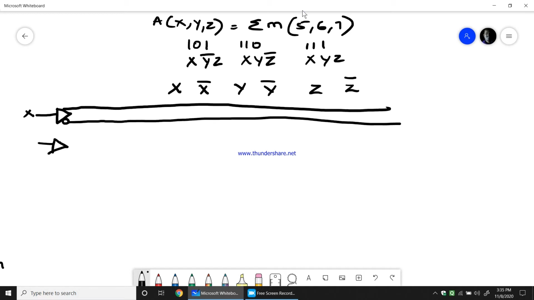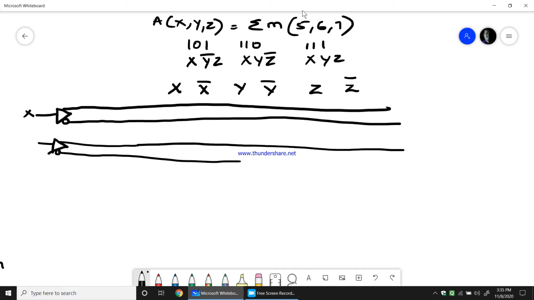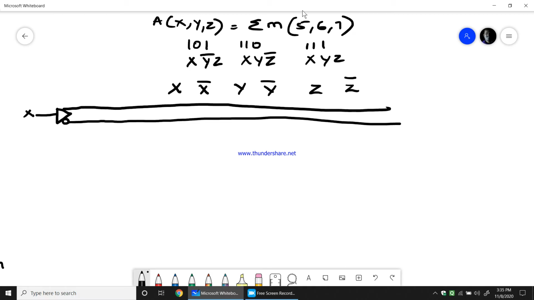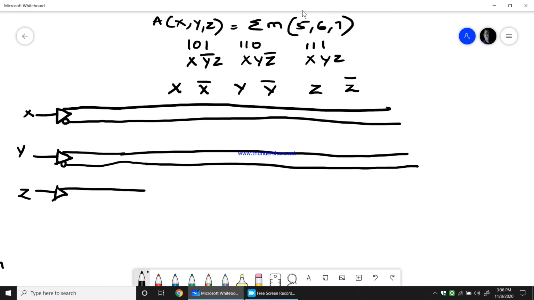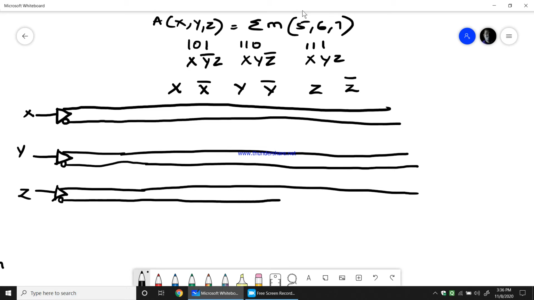Again one output is non-inverting and the other is inverting. So this is y. Similarly we have z.